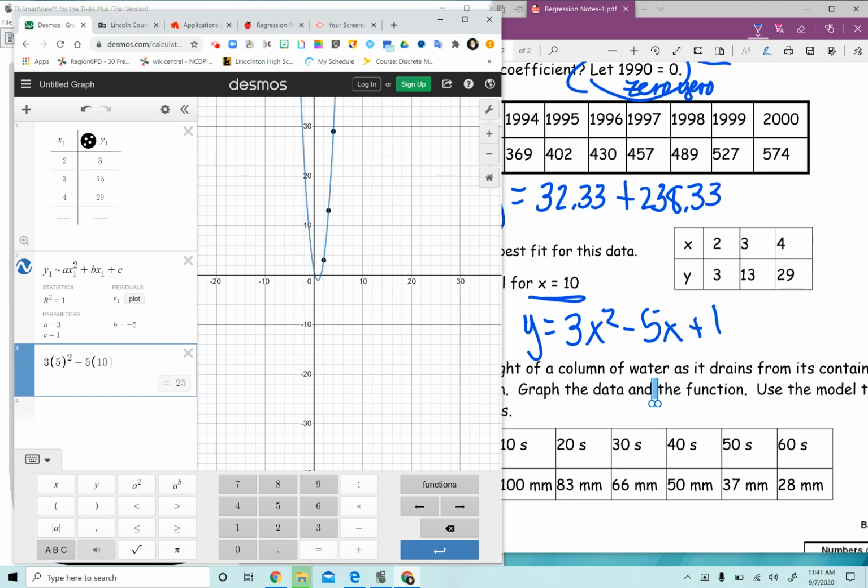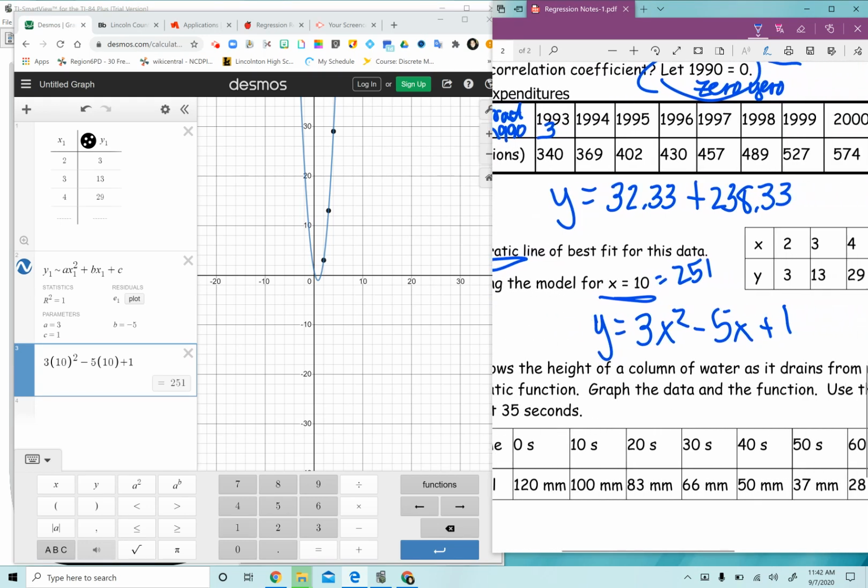I'm sorry, I plugged in the wrong number over there. And then plus 1. And you see that the answer is equal to 251. Okay? And you would continue to do this for this one, which it says,